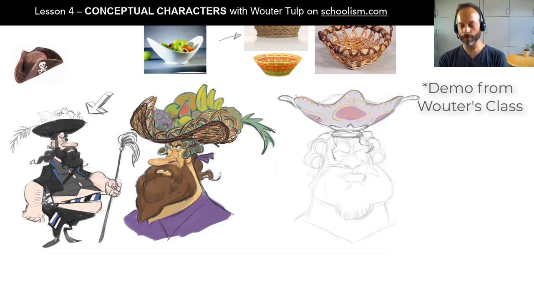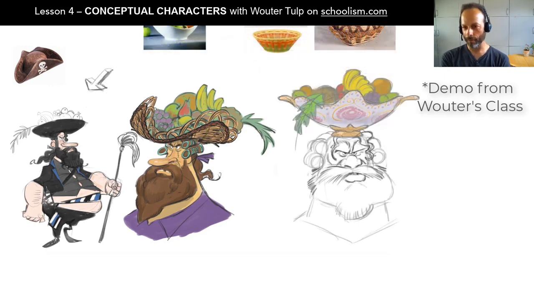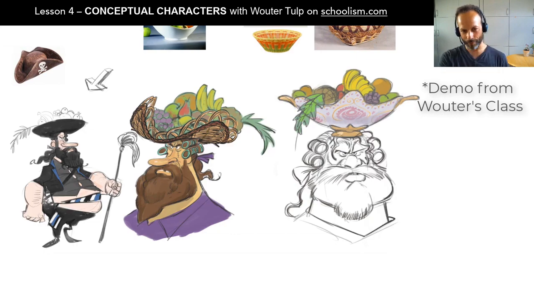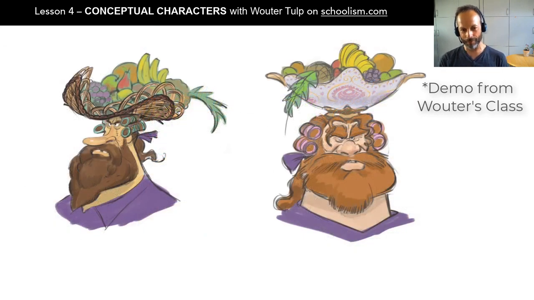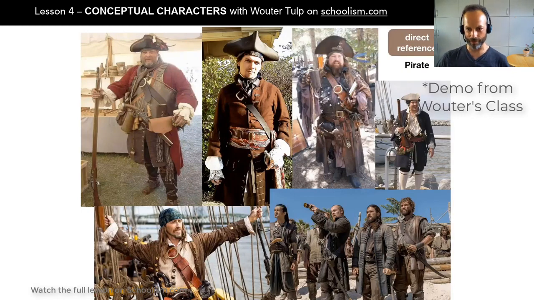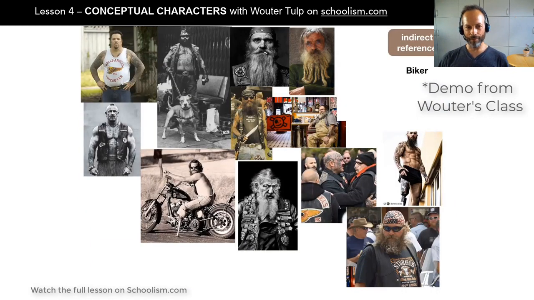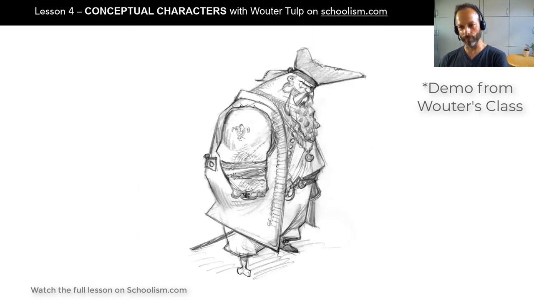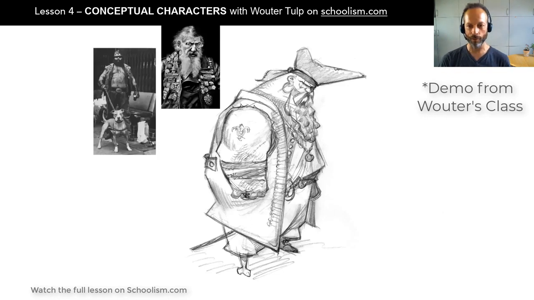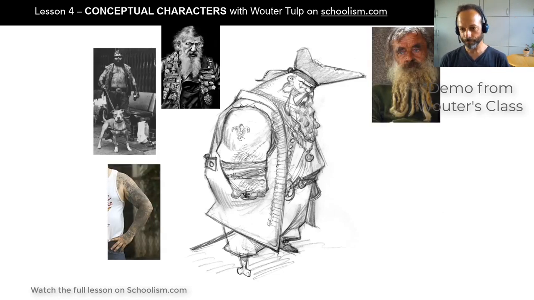You can think of it in the same way with a character. If you have to draw a baker, you can just draw the little guy with the white hat, and that's a baker. But you can also look for references, and ask what culture he is from, how old he is, what he has been through, what kind of baker it is, whether it's modern or traditional. All those elements, and looking for references to see what that looks like in real life, can help to make your design believable.